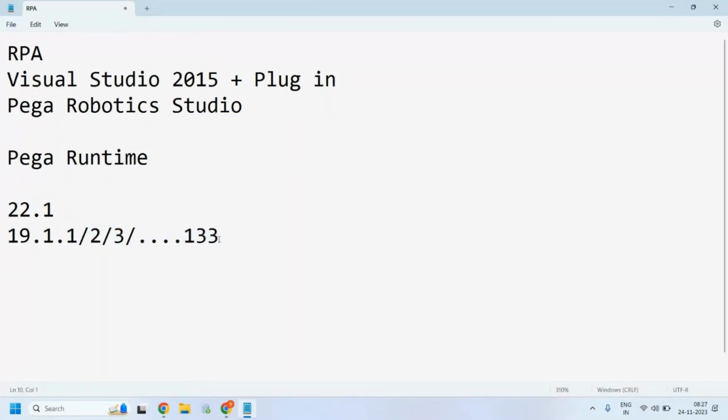And the concepts that we are seeing here, mostly we need to have some prerequisites. What are the prerequisites that we need to have? You don't need to have many things here. The software which I have explained here, if you have those installations in your machine, you will get the dev environment to start building the solutions.